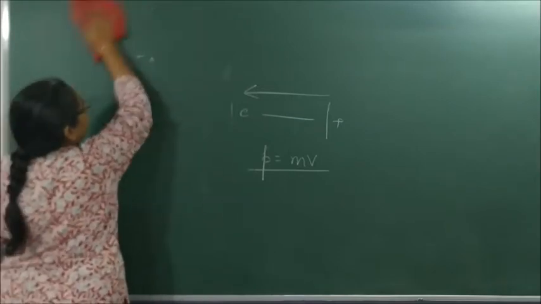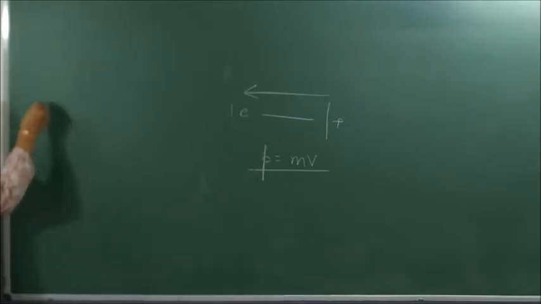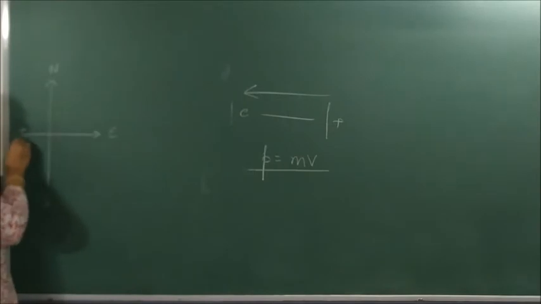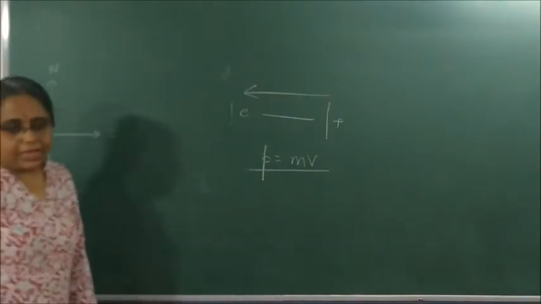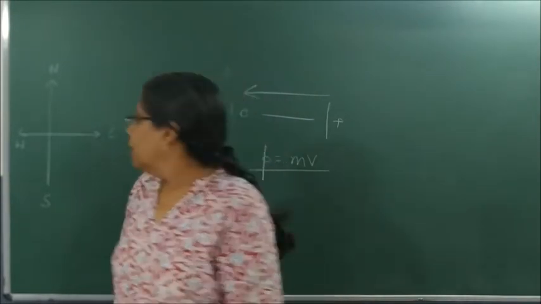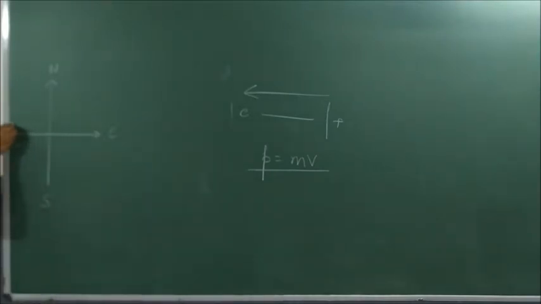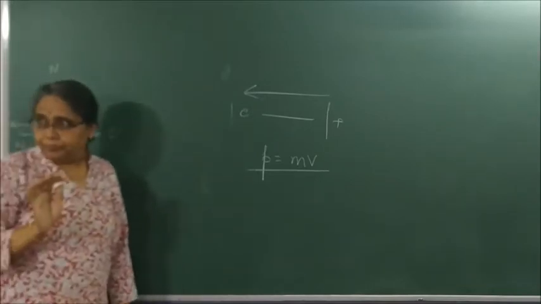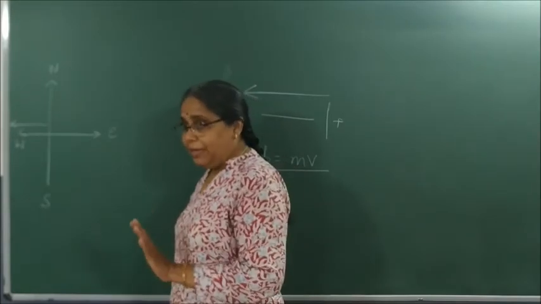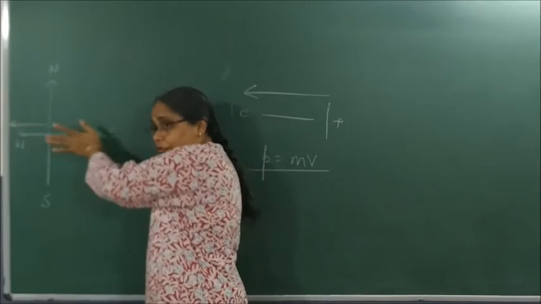See, what we are trying to tell here is, I am drawing my directions. This is north, this is south, this is east and this is west. Right? So what we say here is, a positively charged particle is projected towards west. So this is how it was projected. So this is the direction of magnetic field. Whichever direction the positive charge flows, that direction the current moves. So if I apply my Fleming's left hand rule, this is my direction of current.